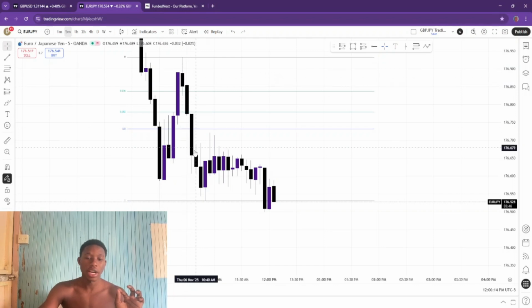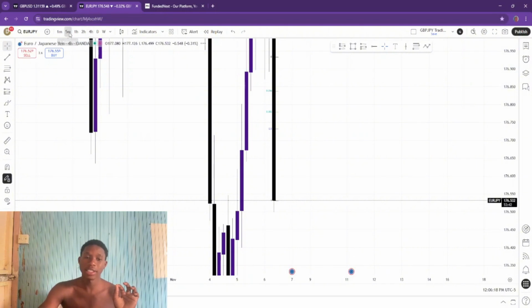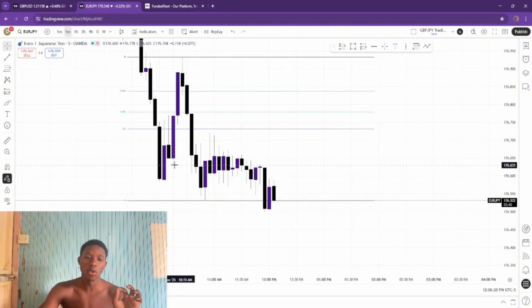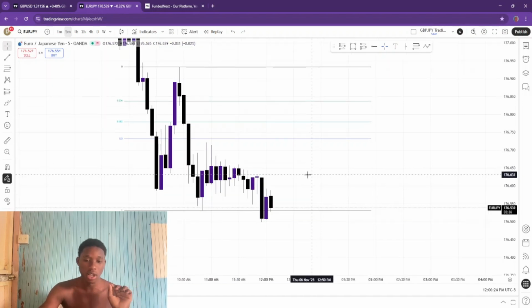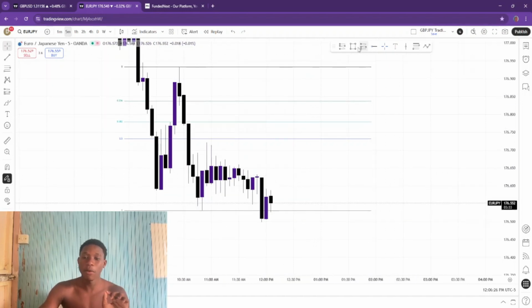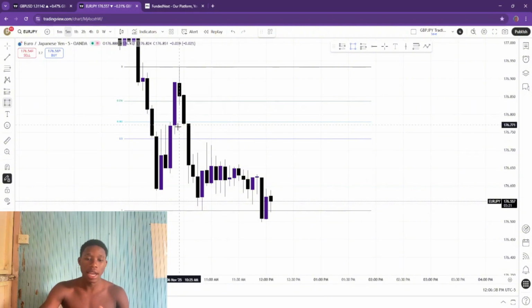We see price break that low, confirming that price is going lower. If price breaks a low, that means there are more sellers in the market. That means there is selling pressure. Right? Now let me tell you my thought process. When price broke that low and then it created that low with that bullish candle to finish off the trend leg, then I see that an